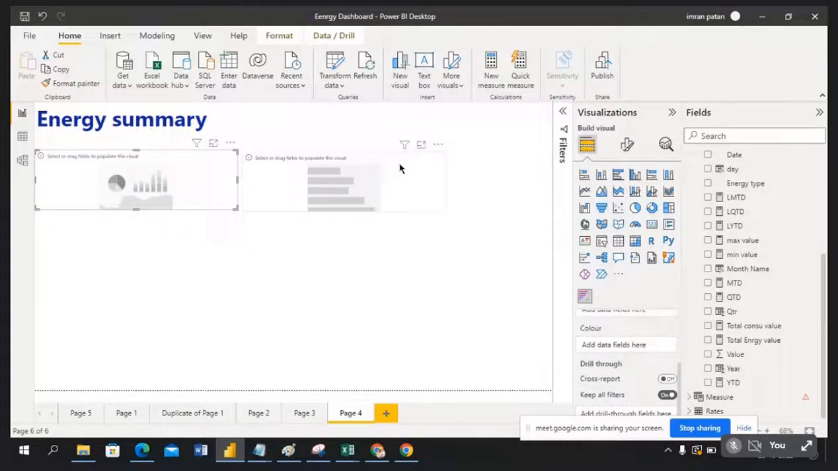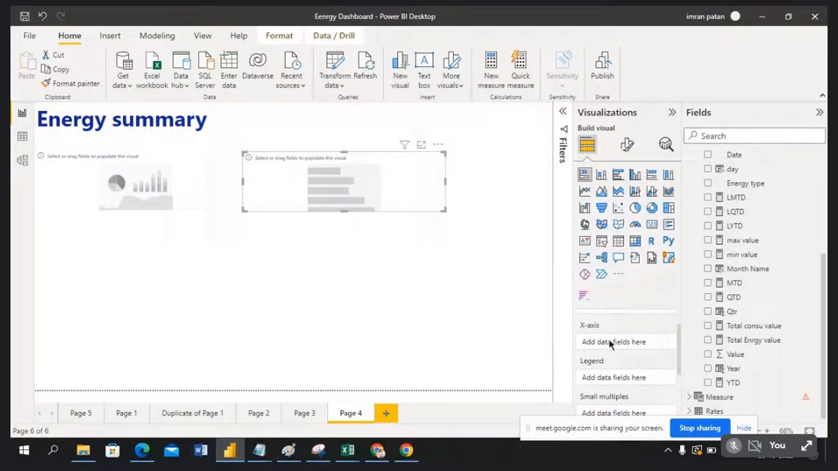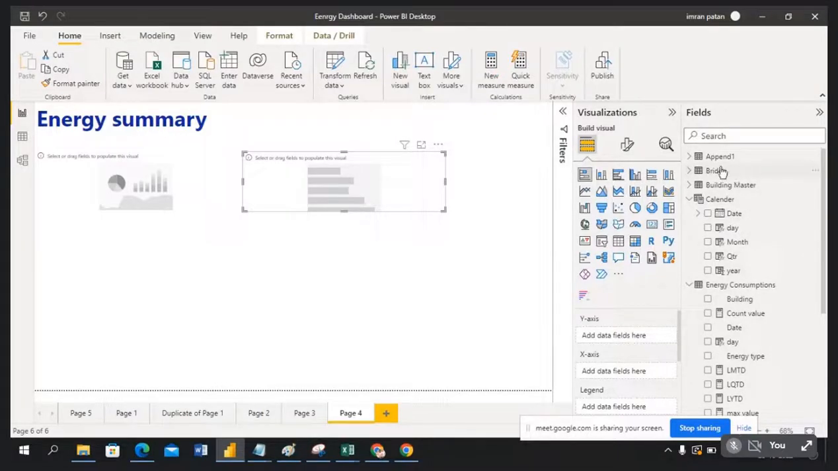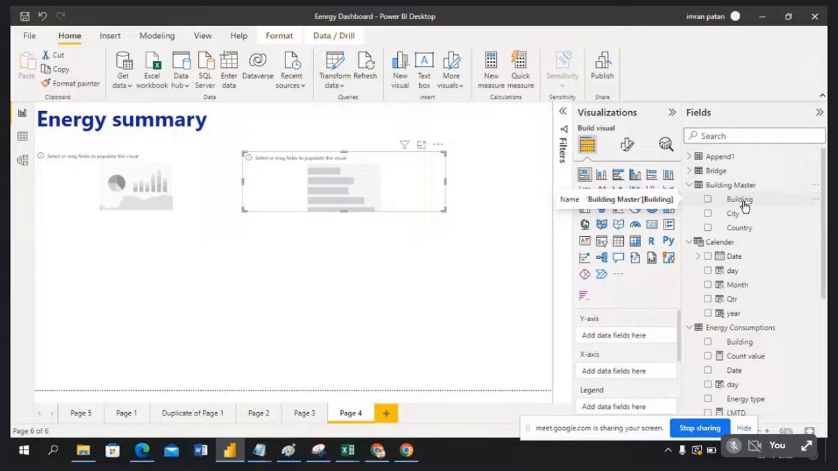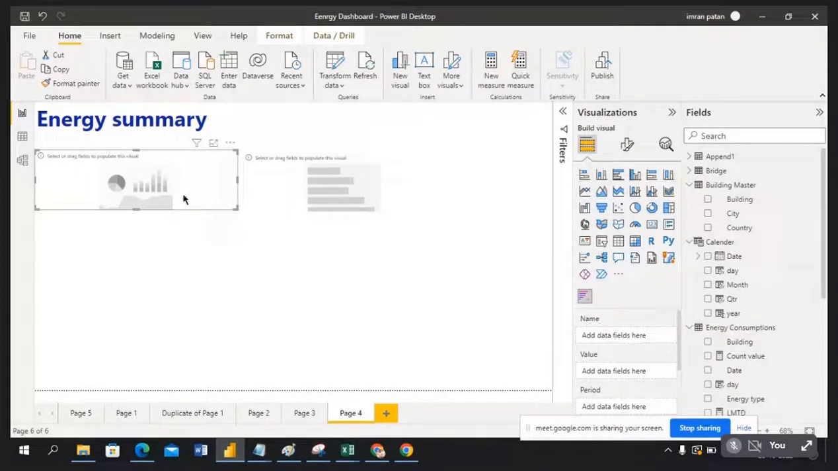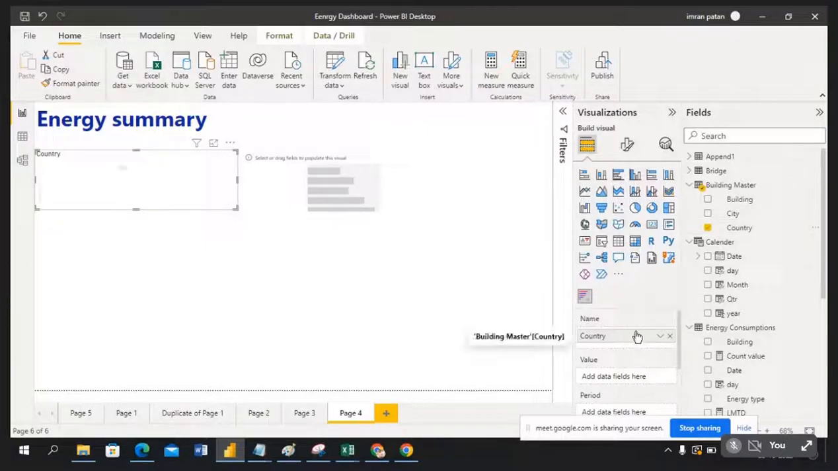Here also you can see add data field. Field means a column, guys. In the table we have columns, right? For example, in building master I have building, city, country. These are all fields. A field is nothing but a column. Remember that. Now I'll select this chart. In the name, I'm providing country. So country I'm taking. In the value I'm taking